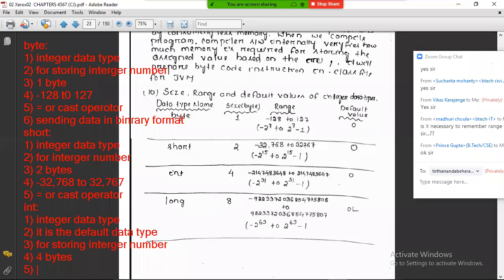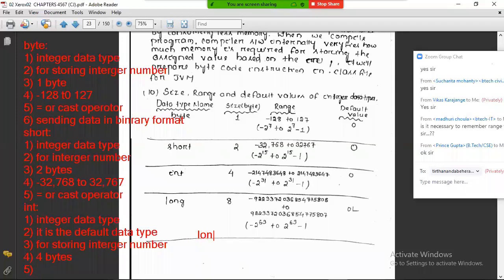Fifth, range is, a big range is there: minus 2147483648 to 2147483647. Minus 2 power 31 to 2 power 31 minus 1. That minus 1 is down, not above. And for storing any integer number, we will use the int data type only.